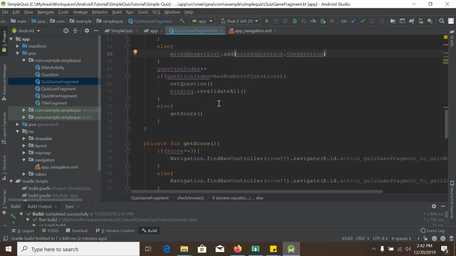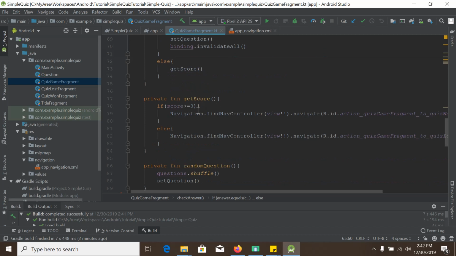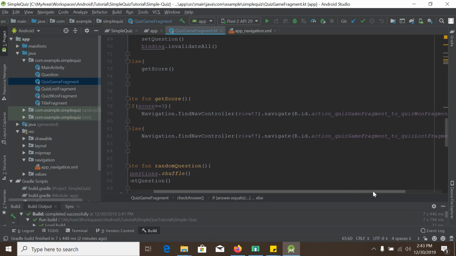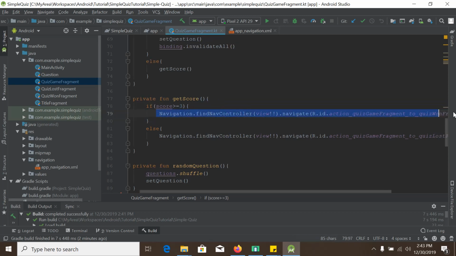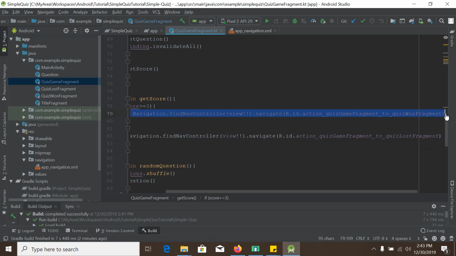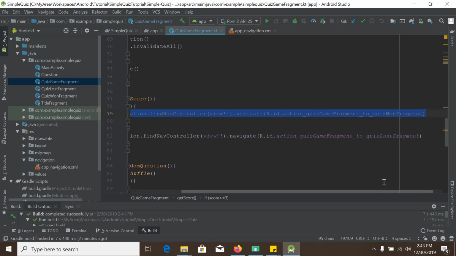now depending upon our score, we actually did the conditional navigation. So if we passed, we went to the action quiz game fragment. Now we will do the same thing, but we will send data along with our navigation, that is SafeArgs. How can I do it? We just comment out the whole thing, and